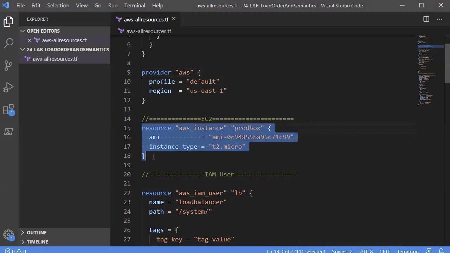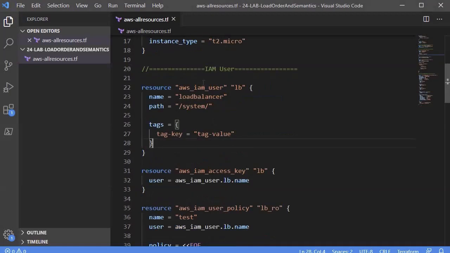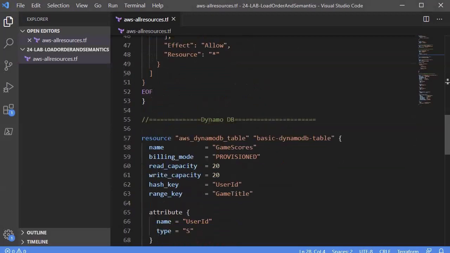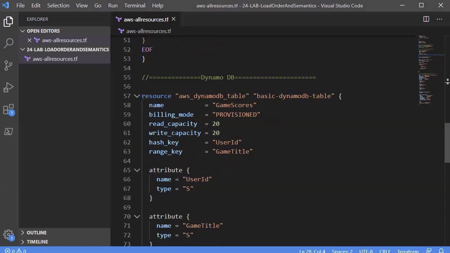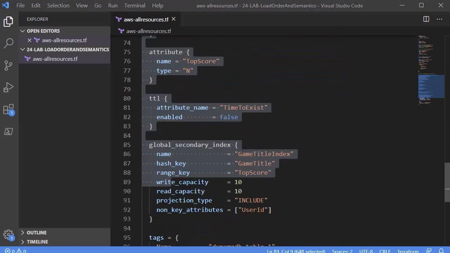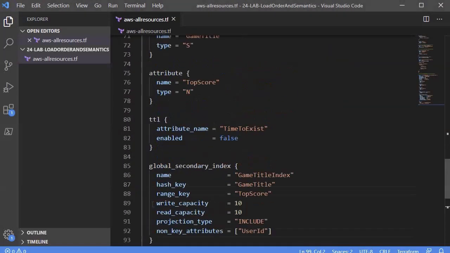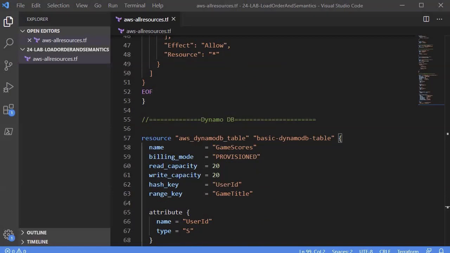For example, this resource block is creating an EC2 instance. In the same way, we have different resource blocks over here that are used for creating IAM users. Another thing we have over here is DynamoDB, and this resource block is used for creating DynamoDB. There is no problem with that. If you run this file with Terraform plan and then apply it, the resources will be created within the